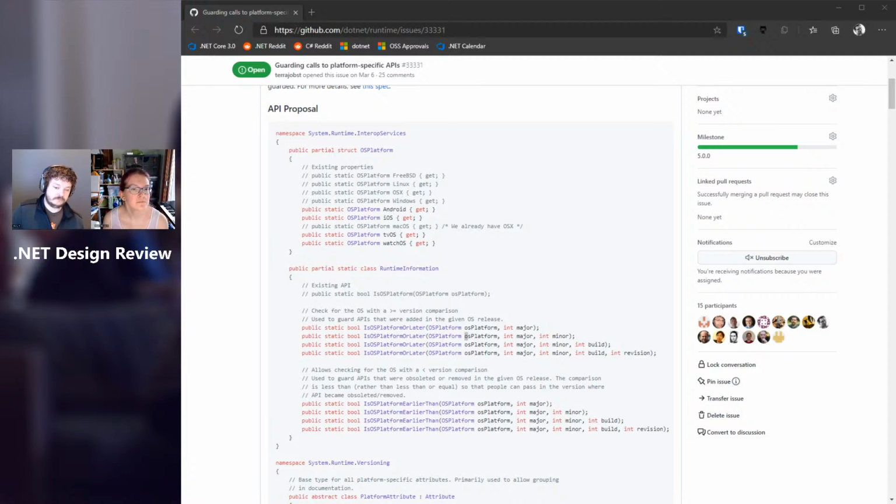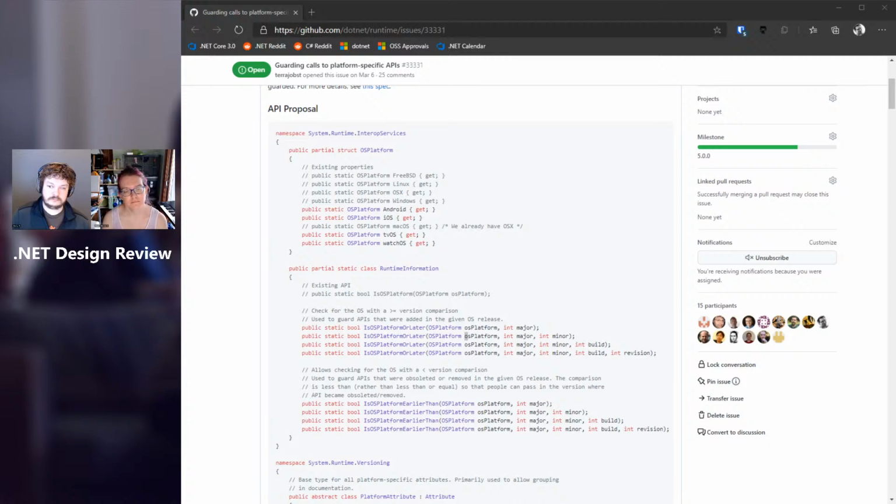I mean, that's fine. What are we doing for OS platform today? Do you know? Right now, it is not a JIT constant, and there have been complaints from people about it causing perf issues in their hot paths. So what would we have to do? Is it just that we attribute this thing, or is there actual JIT work required? I think there would be JIT work required to recognize OS platform properties here as intrinsic,